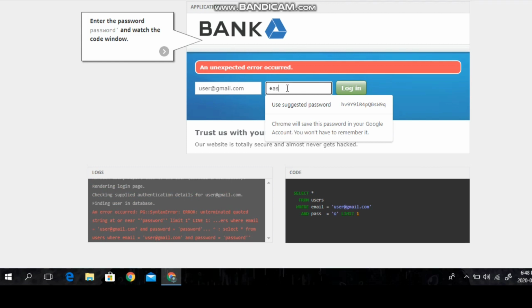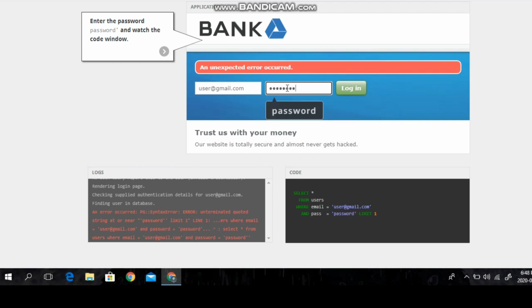I'm going to write password and a quotation mark. Here we are not using a boolean, because a boolean is usually used to check whether it is SQL injectable, but we are using a quote, as SQL databases use quotes for strings.